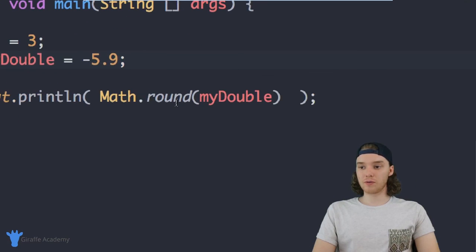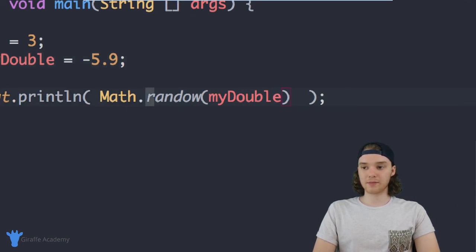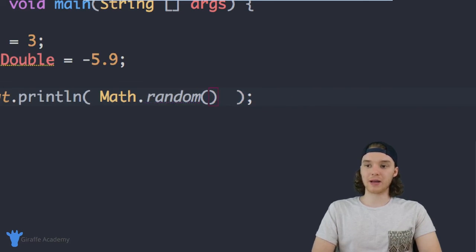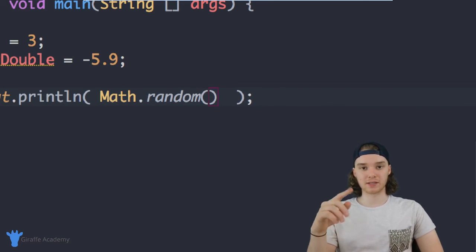Another useful method is called random. And basically what this is gonna do is it's gonna spit out a random number between 0.0